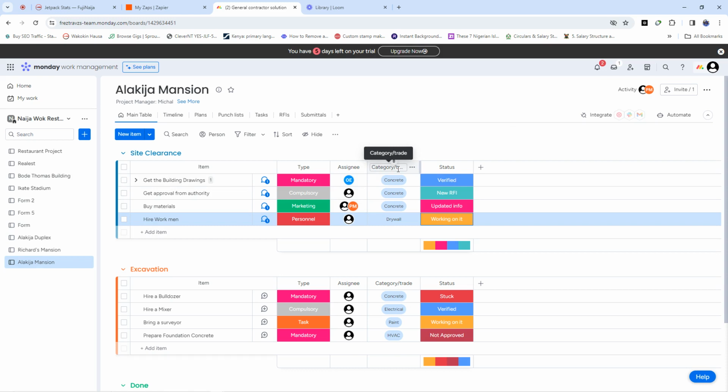So to perform automation on monday.com, the first thing you are going to ensure is that you have completed your tasks for the project as you find here. This project has two levels. We have the site clearance and we have the excavation. Maybe this is where they ask the contractor to stop. So he's going to work his board to meet his targets. And after that, what will he do? He has to go to